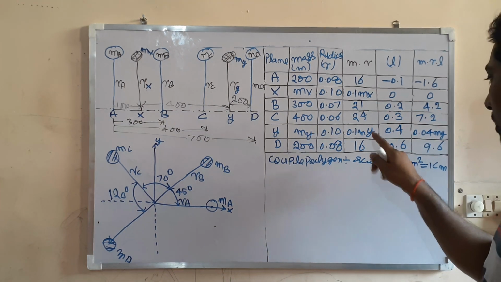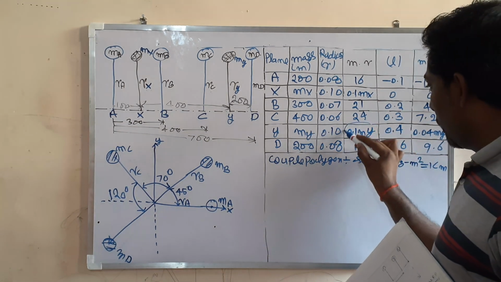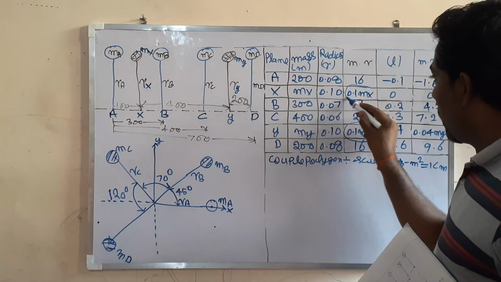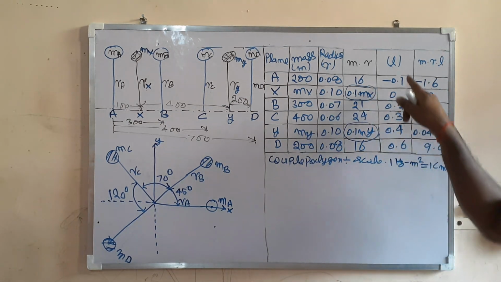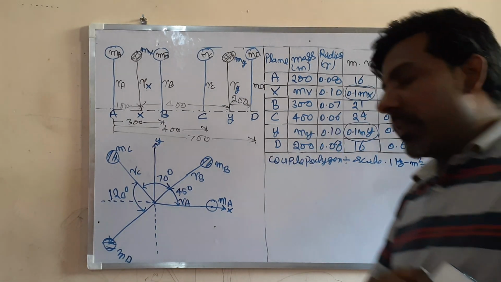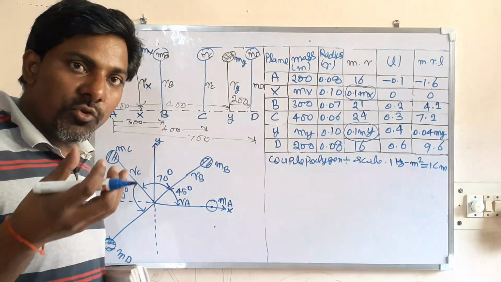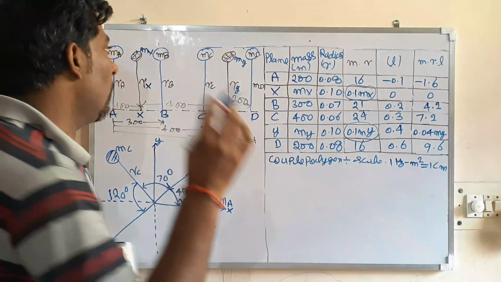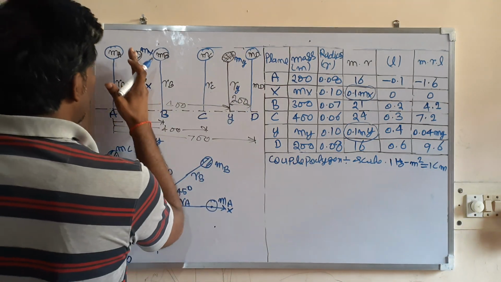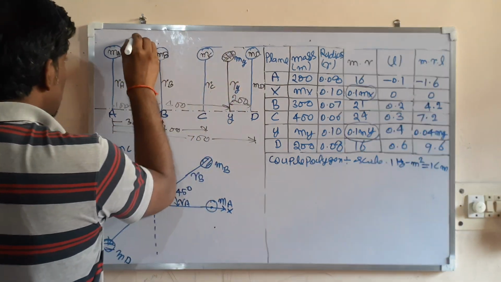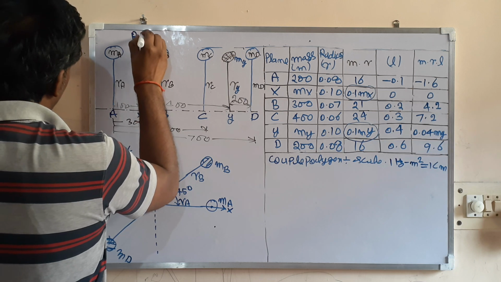So here are two unknowns. This is one unknown, and this is the other unknown. Now, find out the distance. You take a reference plane. I have told you that you take a reference plane in a plane of one unknown. So the unknown is in the plane of x and y. I am taking this as the reference plane.